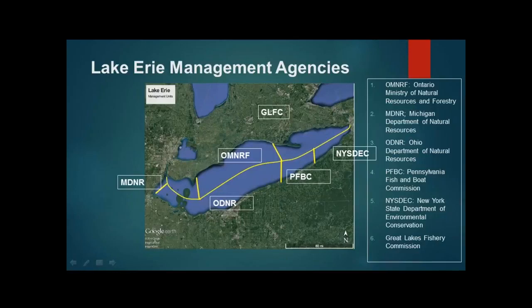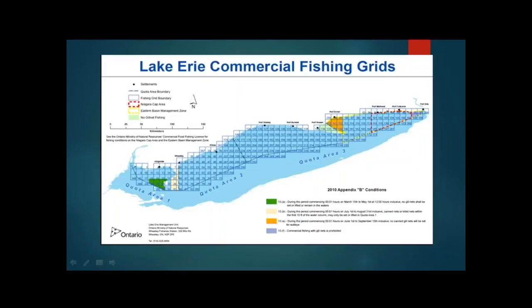So every year the different states decide that all of the catch available for walleye is going to go to recreational and not commercial. When it comes to the Canadian side, they don't split it up like that. Basically, if you're in Canada, you can fish walleye commercially or recreationally. So those agencies each have a different way of collecting data and a different way of looking at the lake. I'm going to show you the different maps that they use for every single data that gets collected.